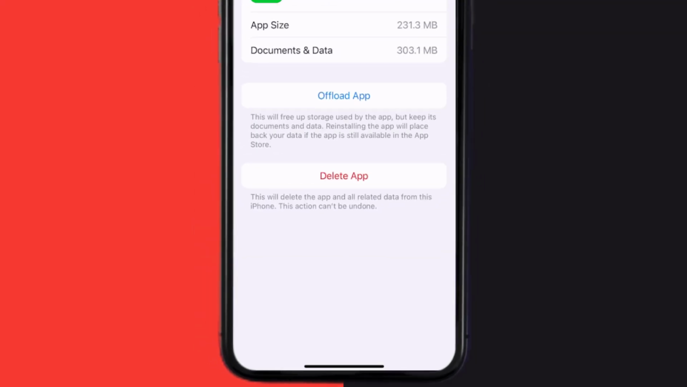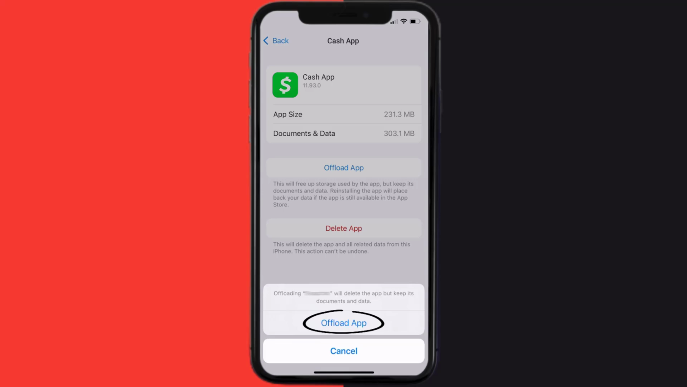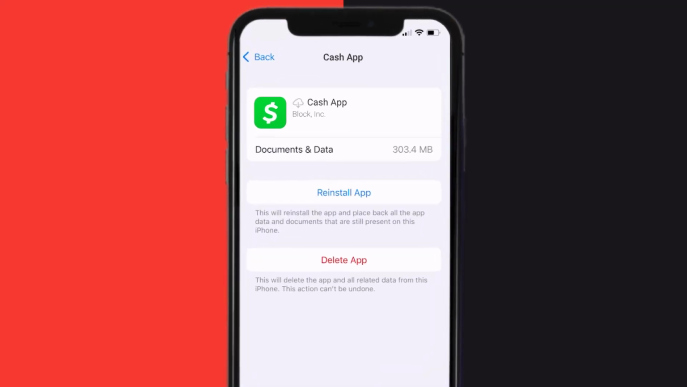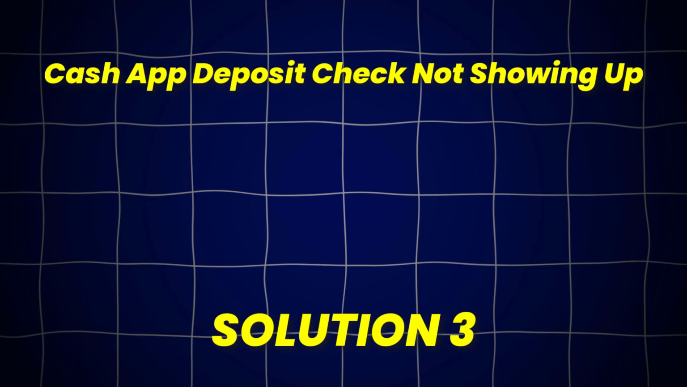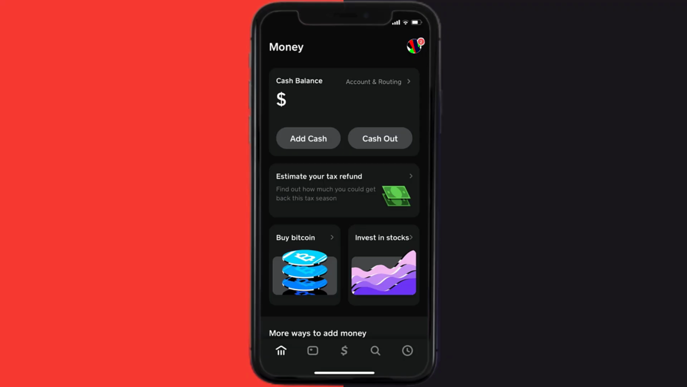Once you're on this screen, you need to tap on Offload App. Tap again to confirm. It'll take a bit for processing, and then a reinstall button will show up. Simply tap on it to reinstall the app. This should fix Cash App Deposited Check option not showing up, but if it doesn't, then open up Cash App